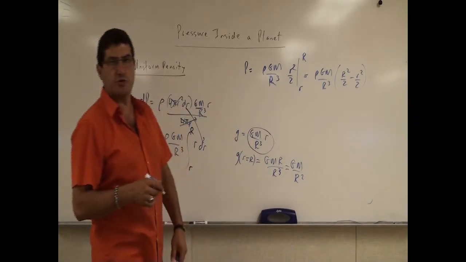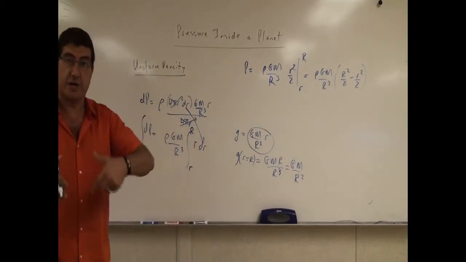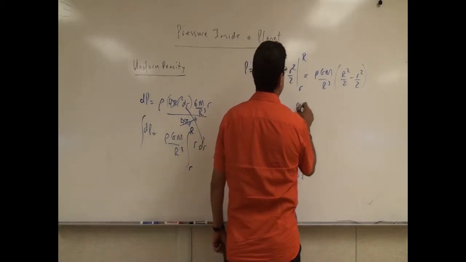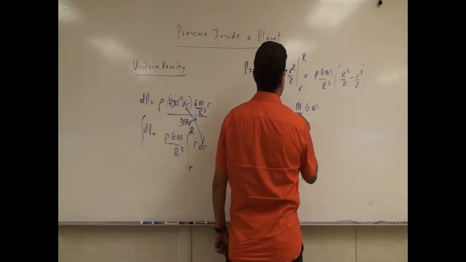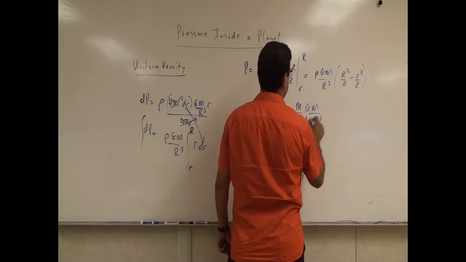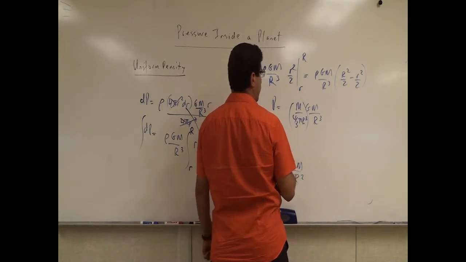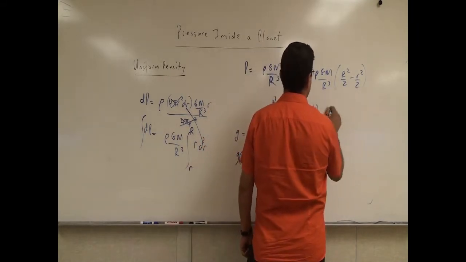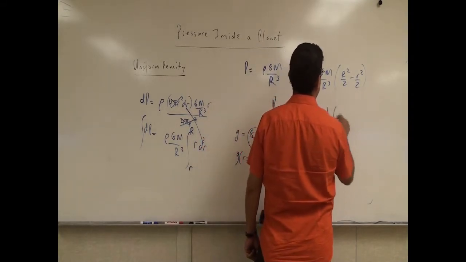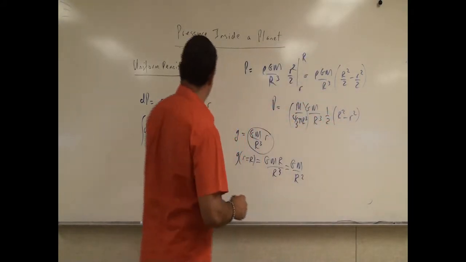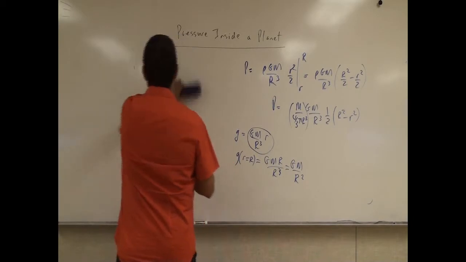The rho is equal to the mass of the planet divided by the volume of the planet, right? Then you have here R cubed. So this rho is just M over 4/3 pi R cubed. Then we can factor out the 2. Then we're going to have here R squared minus r squared. Okay, so if we simplify that a little bit more,